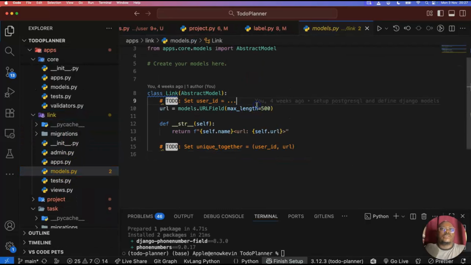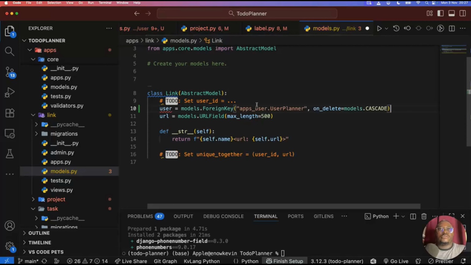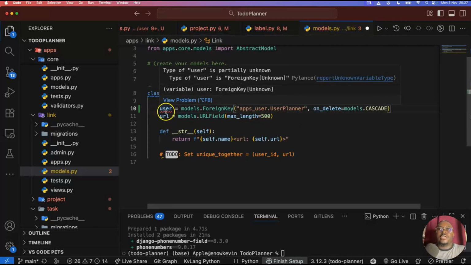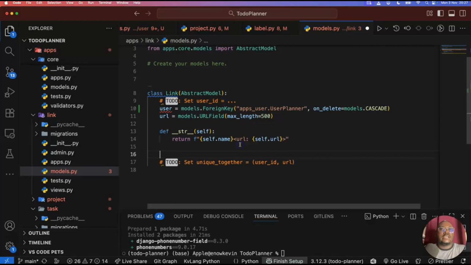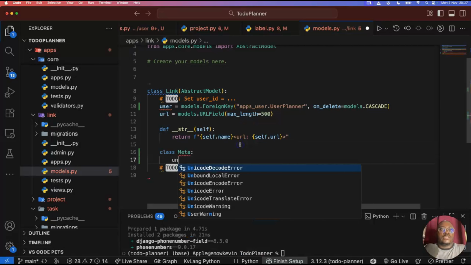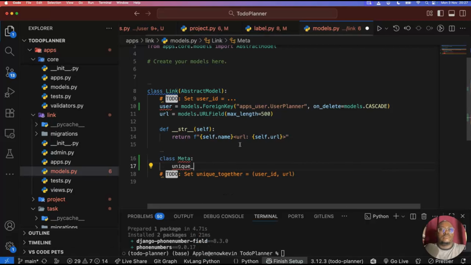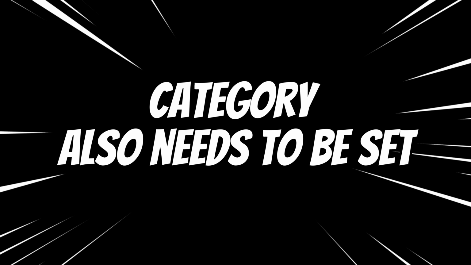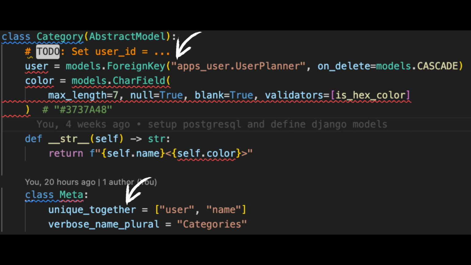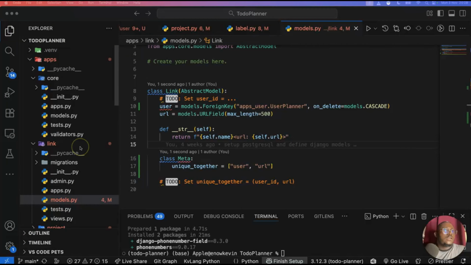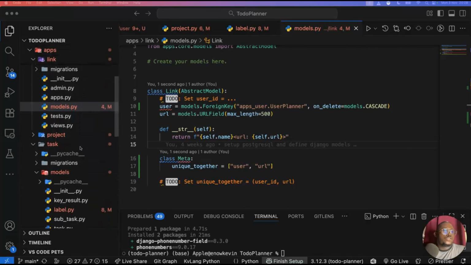So I think the last one would be at the level of the link. So yeah, we're gonna paste what we copied from the previous model, and we're gonna add in the class meta unique together equals to this user and the URL. Okay, so one more thing that we need to do is